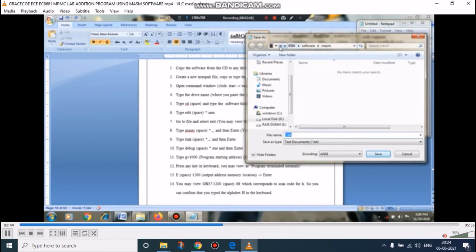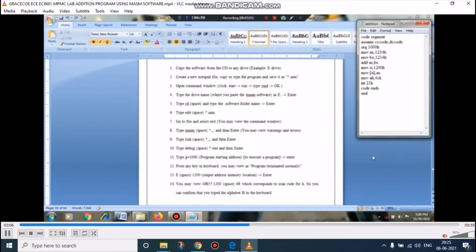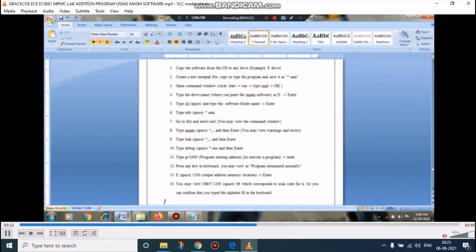We have set the folder as TT, inside it 8086, inside it software, and inside it MASM, and we are giving the name as addition.asm. Since it is an assembly language program, we have to save it as an assembly language program. Now this program is saved as addition, and now we can minimize this folder.